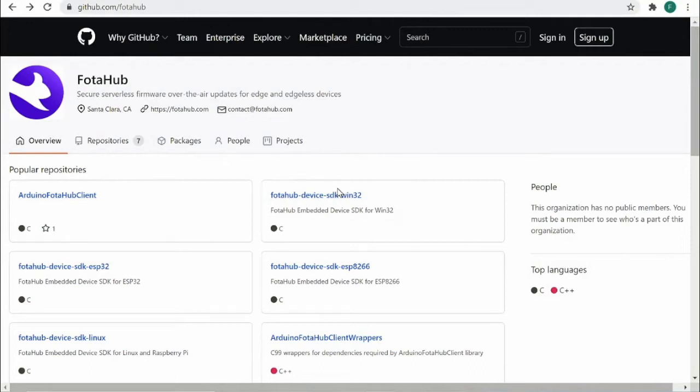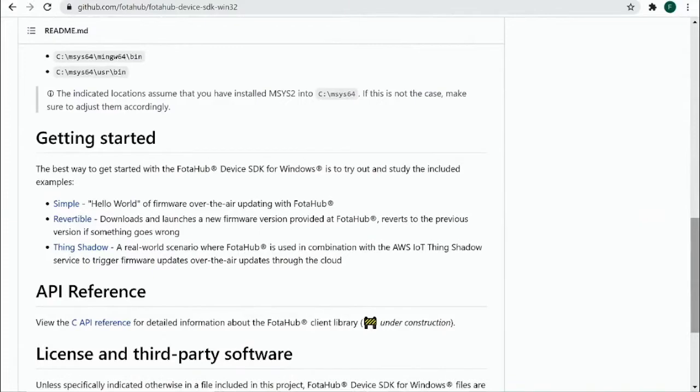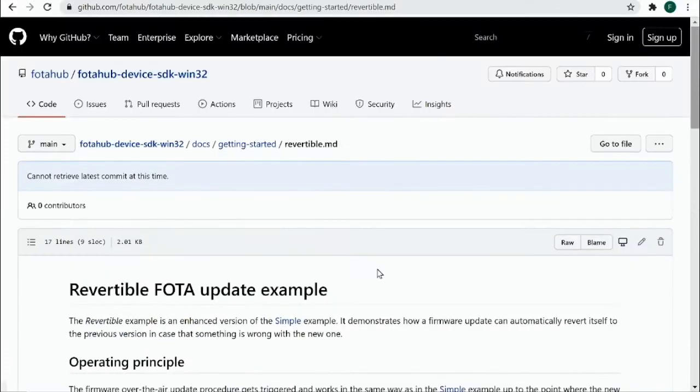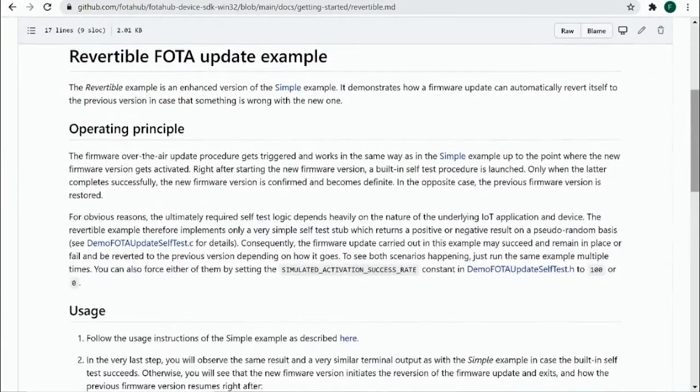In this video, we'll be running the revertible example from the Fotahub device SDK for Windows. The revertible example is an enhanced version of the simple example. It demonstrates how a firmware update can automatically revert itself to the previous version in case something is wrong